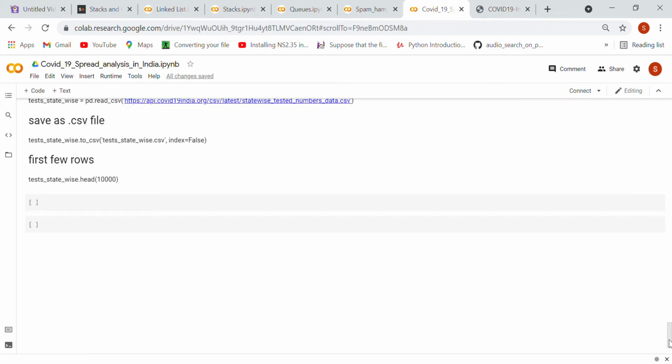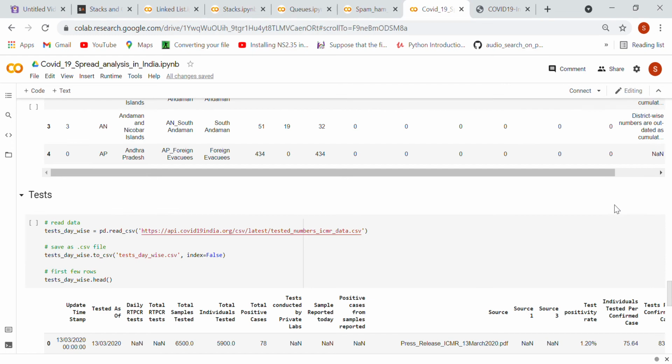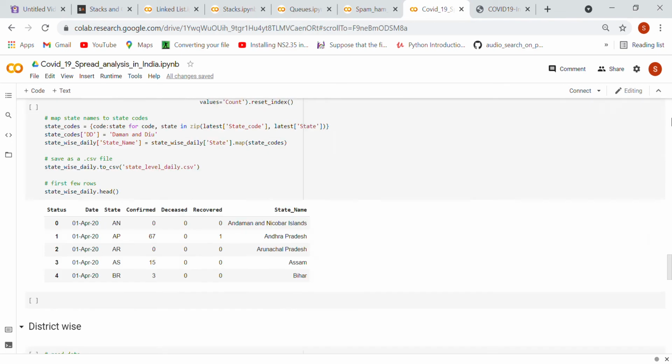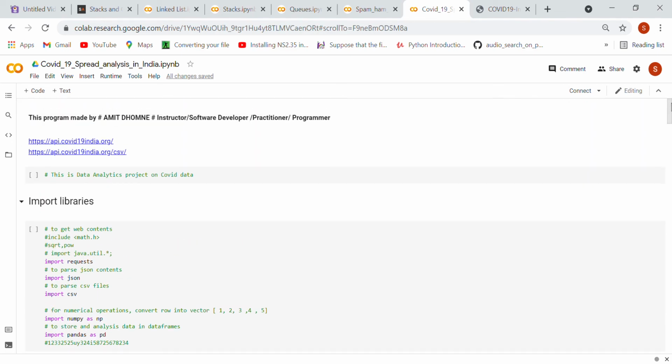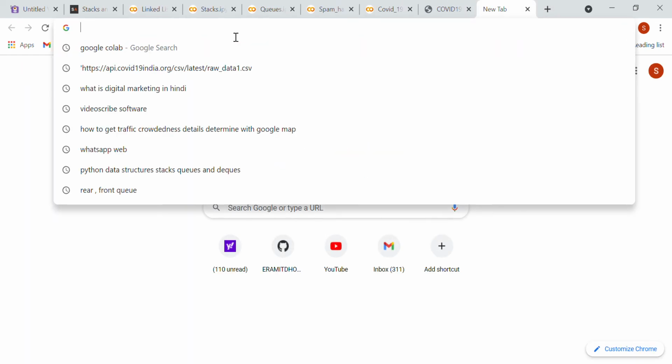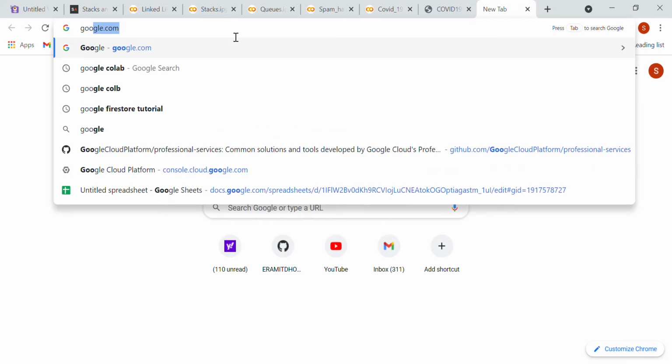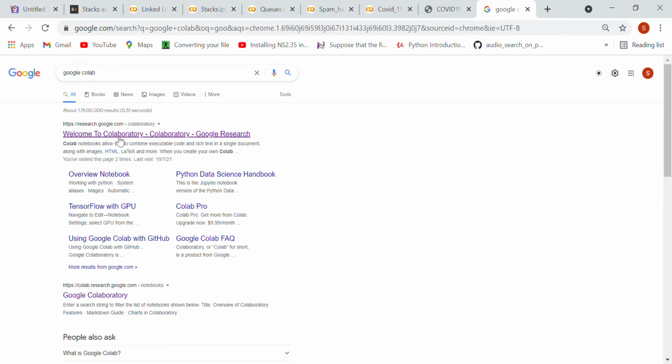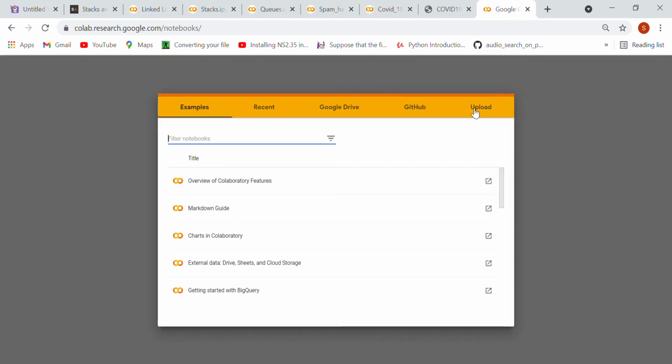Now the question is, suppose you want to run the data. I will share the file with you. What you need to do is just click on a new tab and search for Google Colab. Okay, you can see Google Colab I'm getting. Click on that Google Colab, click on this Google Collaboratory. Once you click on this, it will ask you,